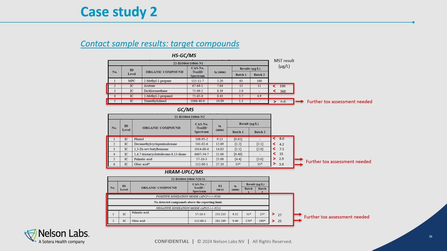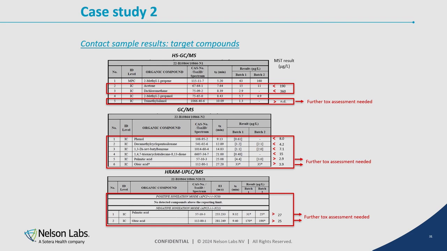And then if we look to the evaluation of target compounds, we see in headspace GCMS that there is one compound which was not detected in the method suitability test, but it was detected in the contact sample, meaning that it was definitely present at a critical level in the contact sample, meaning that we need to do some additional work there. For GCMS,